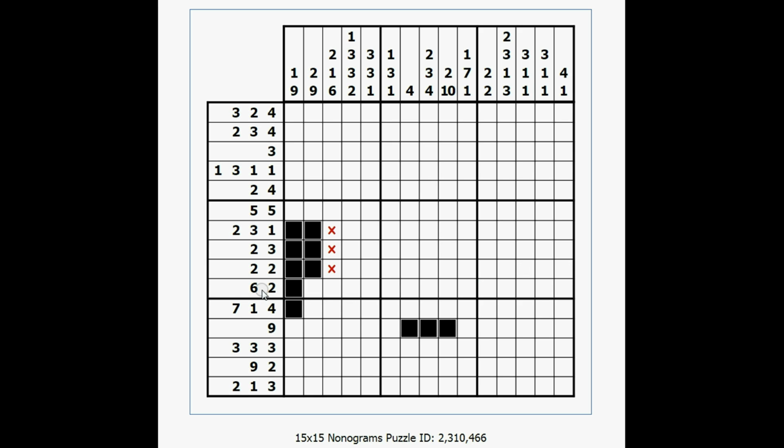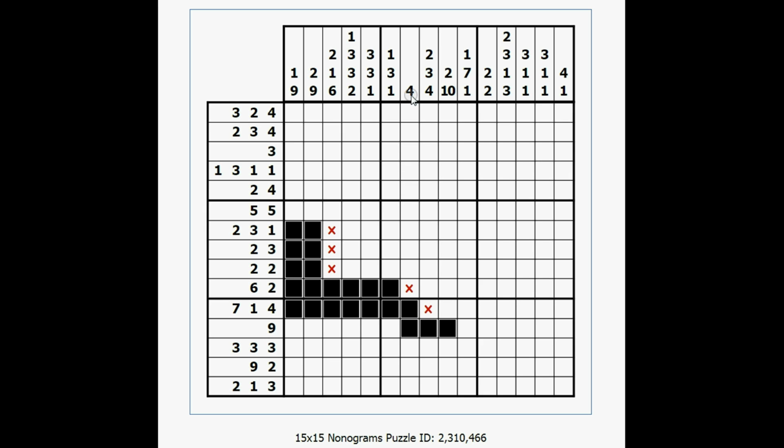Here we get 6 across. 1, 2, 3, 4, 5, 6. And a blank. And then out here there will be 2. We don't know where they go. And right here we have 7. So 1, 2, 3, 4, 5, 6, 7. And a blank. Now, since I have this right here, I can look up to the top and I see